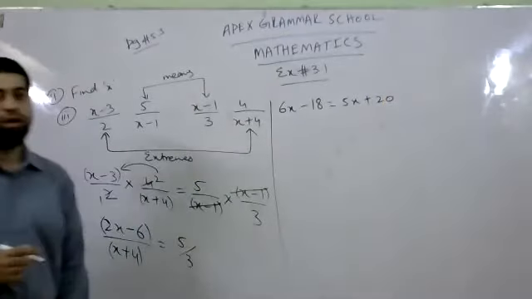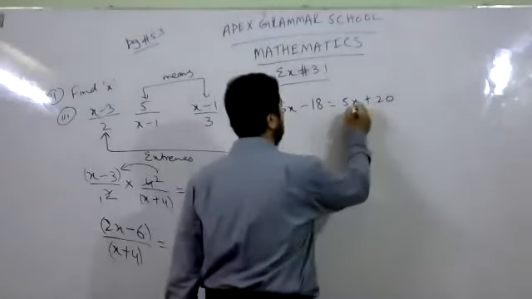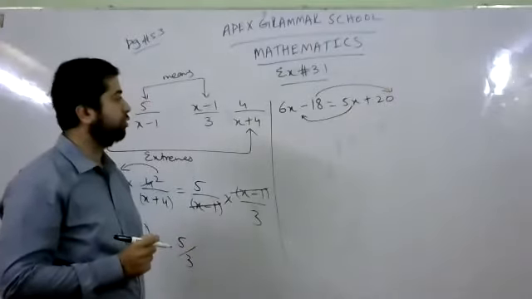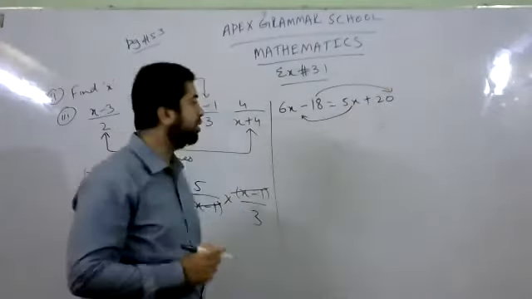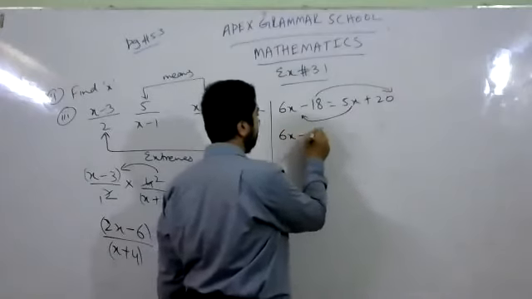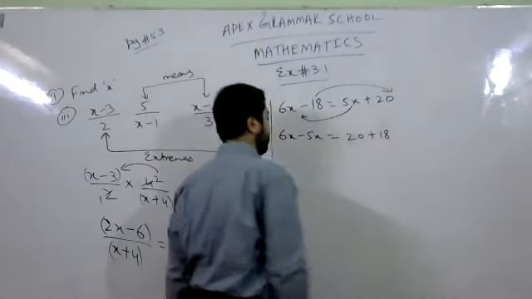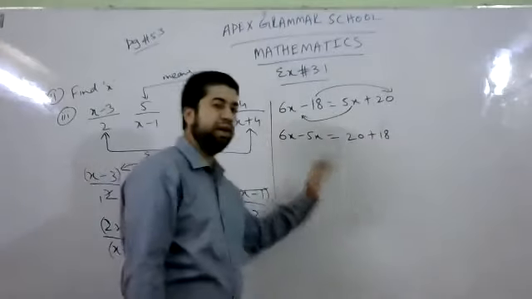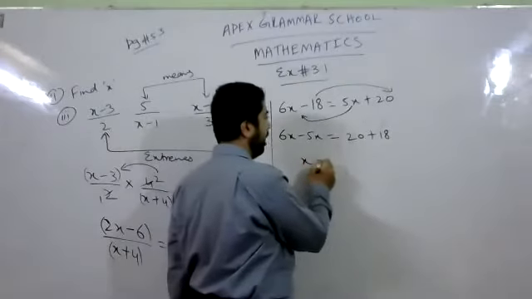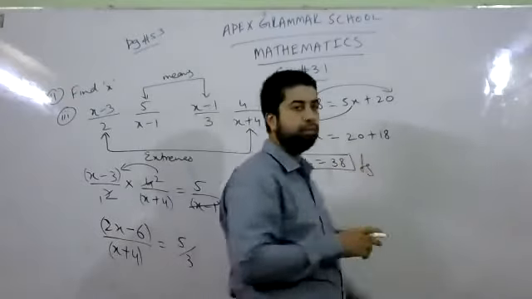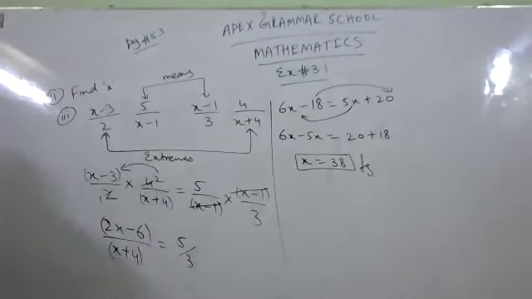Now, to find the value of x, collect all the values of x on one side and all the constant values on the other side. 6x minus 5x is equal to 10 plus 18. 6x minus 5x means 1x, and 10 plus 18 means 28. This was part number 3. Part number 4 is